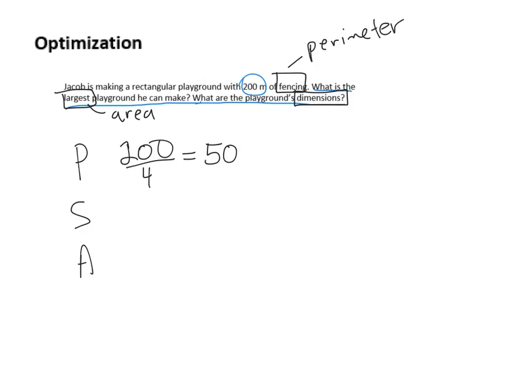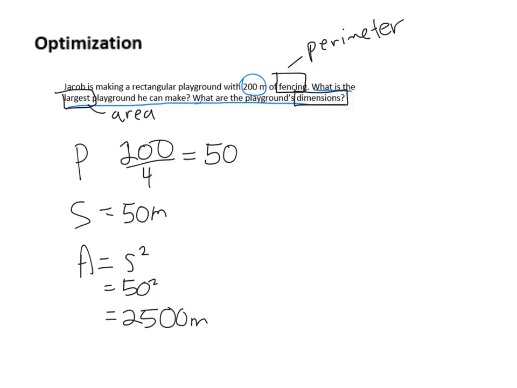And that means my side equals 50 meters. Okay, so that was my P: I put the 200 in, I divide it by 4. My side now equals 50. Now to find the area, if you recall, the formula for the area of a square is s squared. So I would do 50 squared, and I would get as an answer